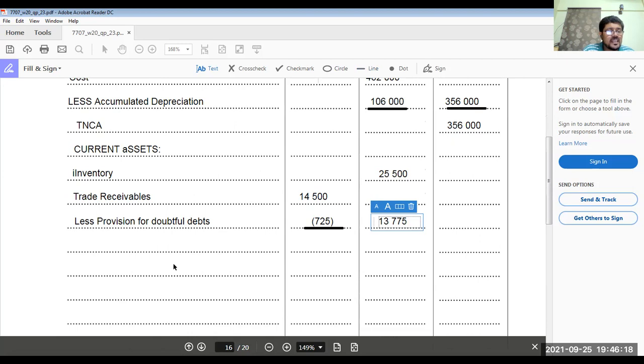Now, other receivables 1,600 plus prepaid of 400, we rectified in profit, so that would be 2,000. Then what about the bank position? Bank is overdraft. Okay, so this is the end of current assets.